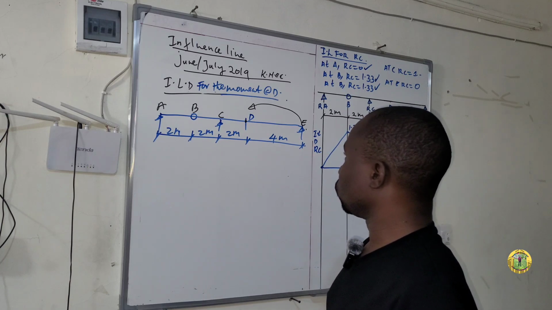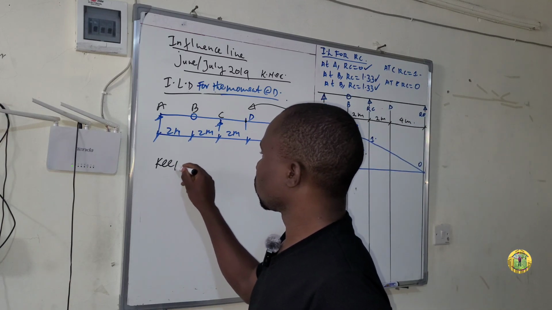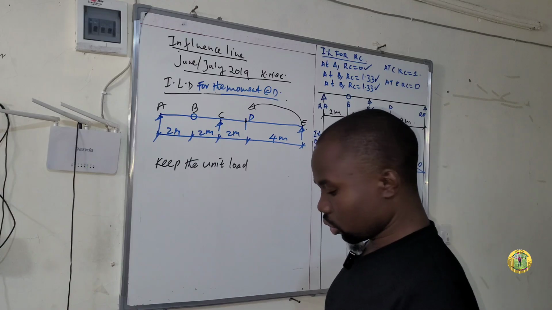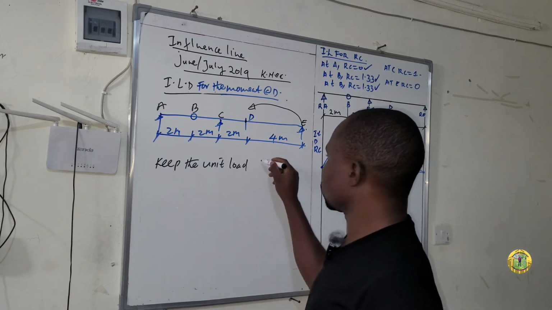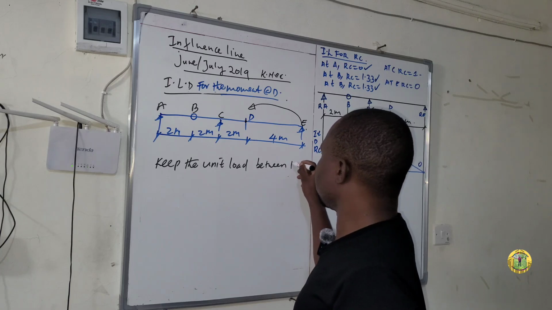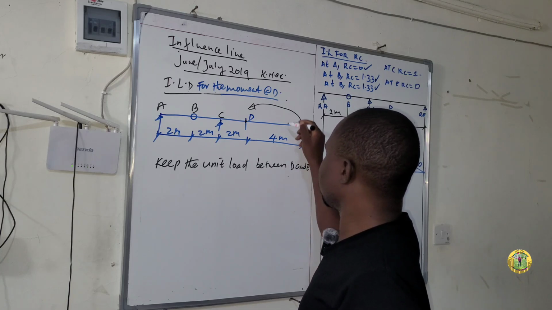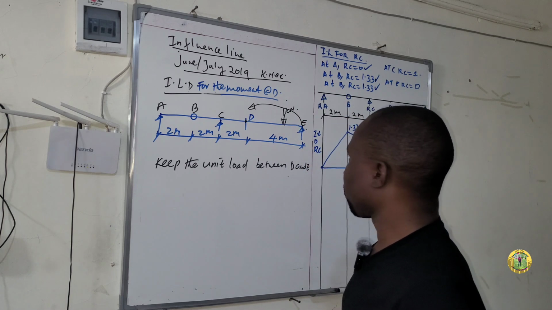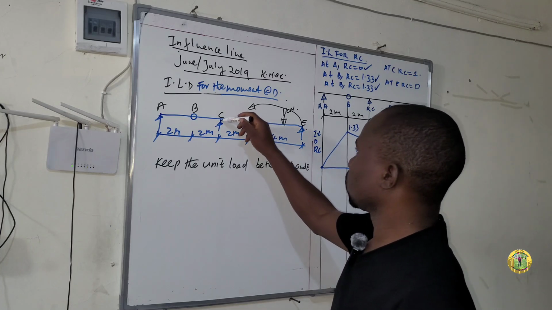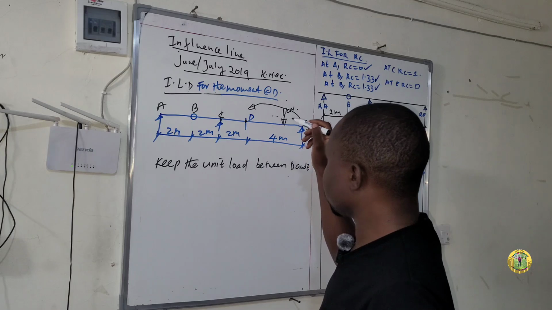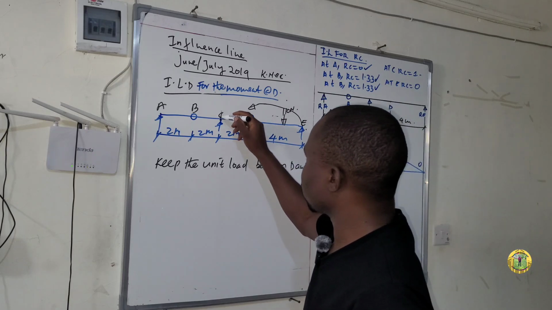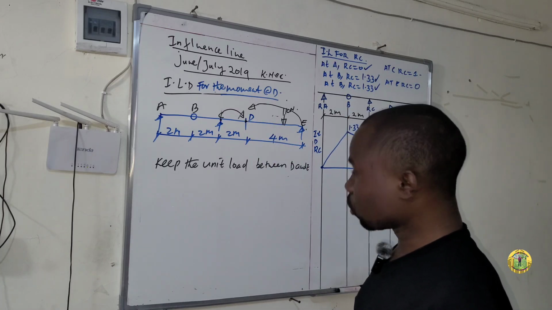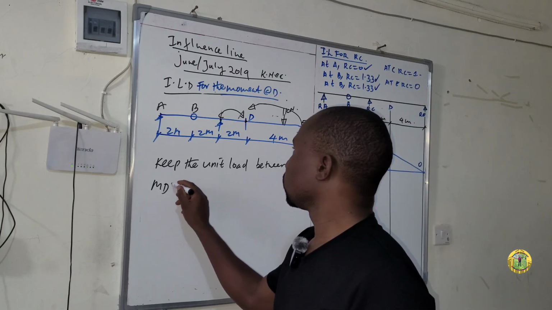Now let's keep the unit load between D and E. Now the unit load is in this portion, so it means we now consider RC. This RC is moving in this direction toward D. So moment at D, MD, is equal to